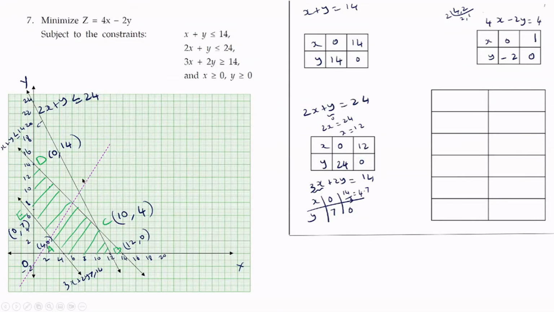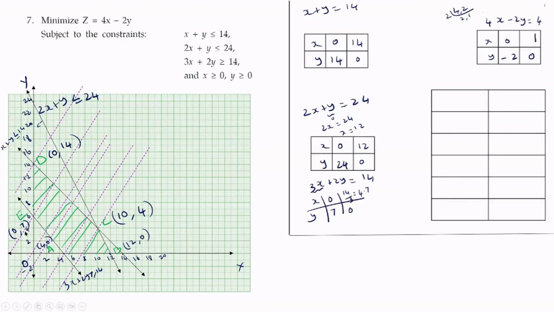And now let us try to draw lines parallel to this line, which is passing through each of the corner points. So if we draw lines parallel to this line passing through each of the corner points, we have to see the line which is nearest to the origin, that is the line passing through the origin. So the line which is passing through the origin is this line, and the line which is nearest to this line is this